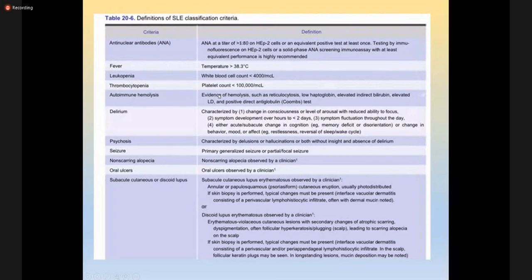Thrombocytopenia would be, we will say, when the platelet count is less than 1 lakh. When we say it is an autoimmune hemolysis, first of all, the markers of hemolysis would be raised, and the markers of autoimmunity. So what we will get? There would be hemolysis in which the RBC are hemolyzing in the form of reticulocytosis. Whenever there is hemolysis, the bone marrow starts producing more and more reticulocytes in the peripheral film to compensate for